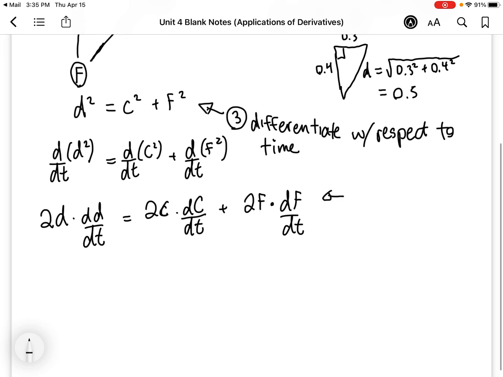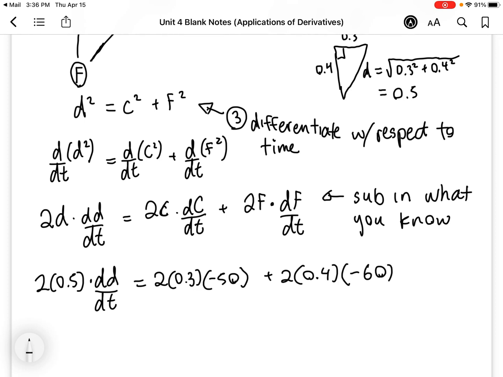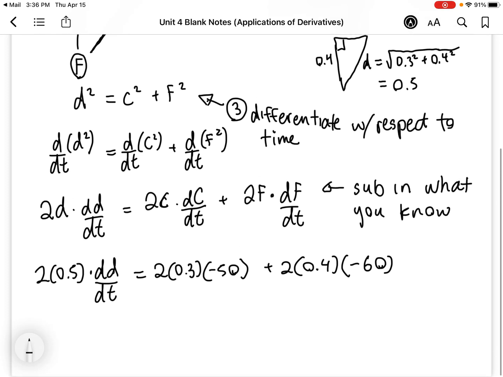So now we're going to sub in what we know. Okay, so we know d, that's 0.5. We know c is 0.3, dc by dt is -50, plus 2 times f, 0.4, times df by dt, which is -60. Okay, and then 2 times 0.5 is 1, so 1 times dd by dt is just dd by dt,